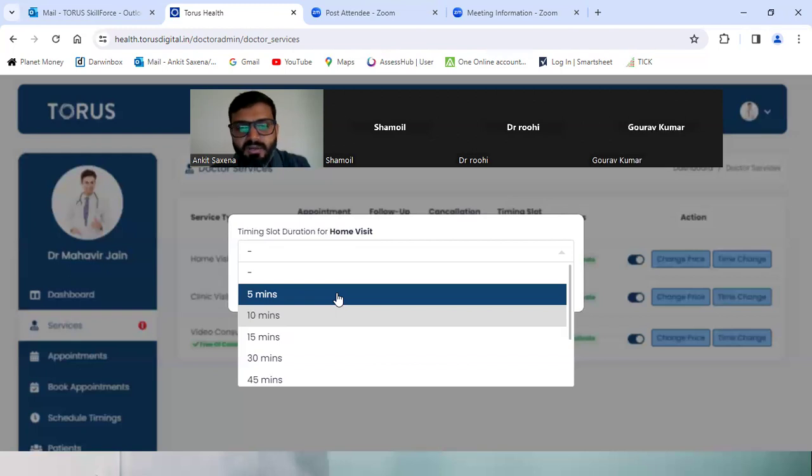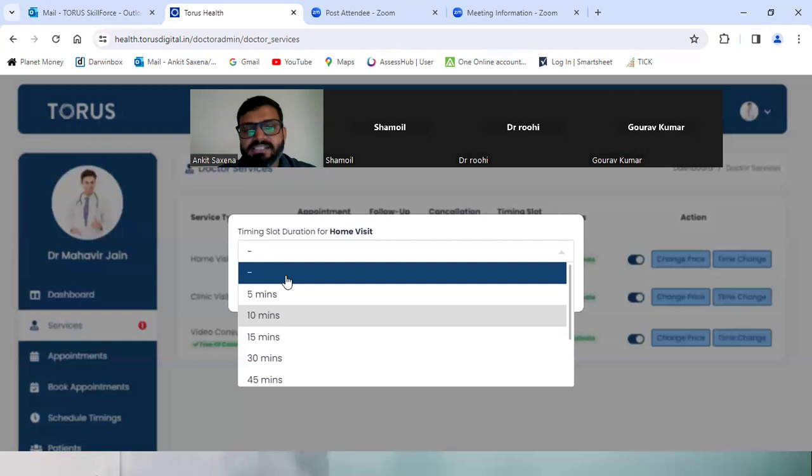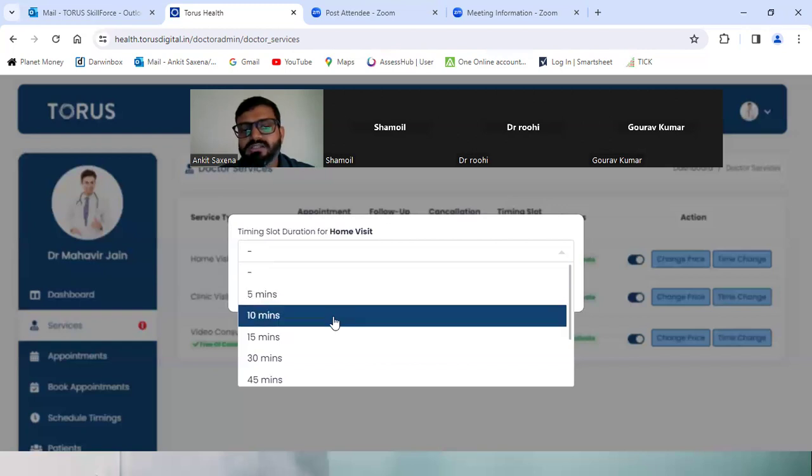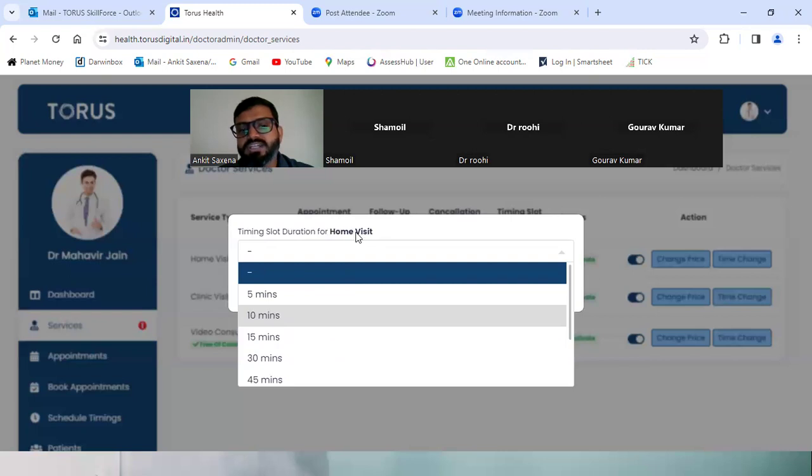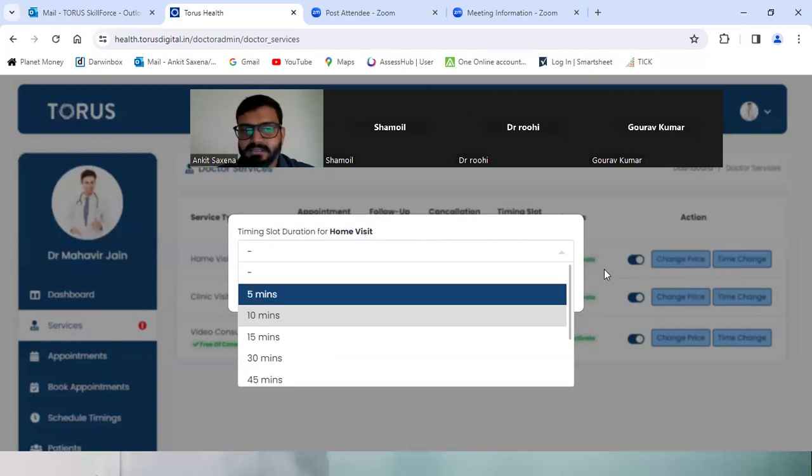Sure. Okay, great. So once you have selected the duration here, for example, the duration for home visit, friends. Similarly, you can change the price and the time for all the three services, be it home visit, clinic visit, or video consultation.